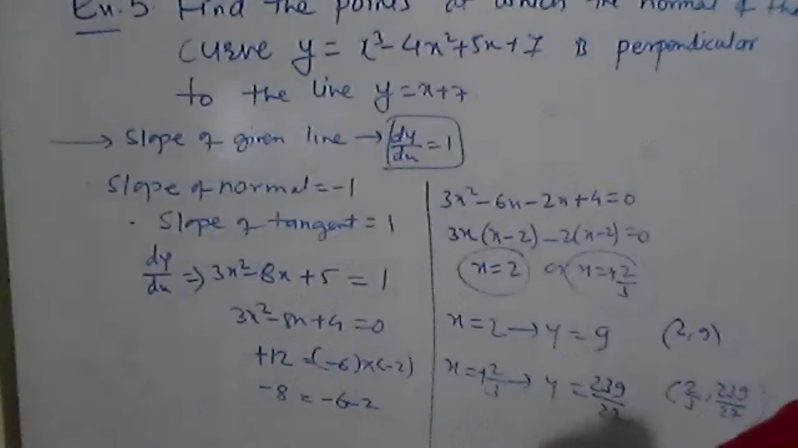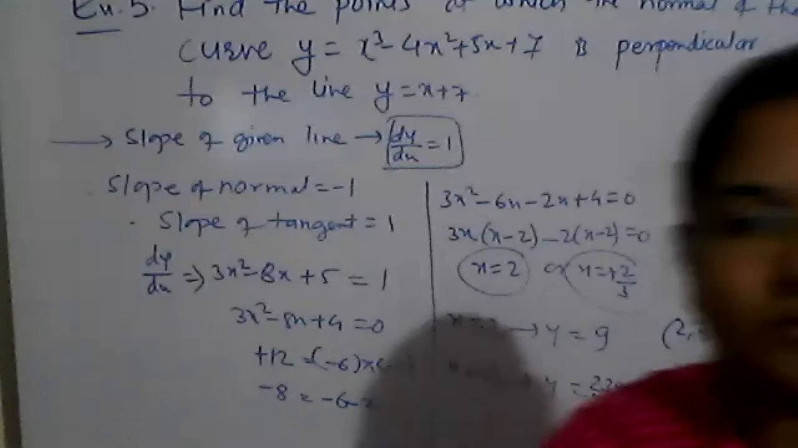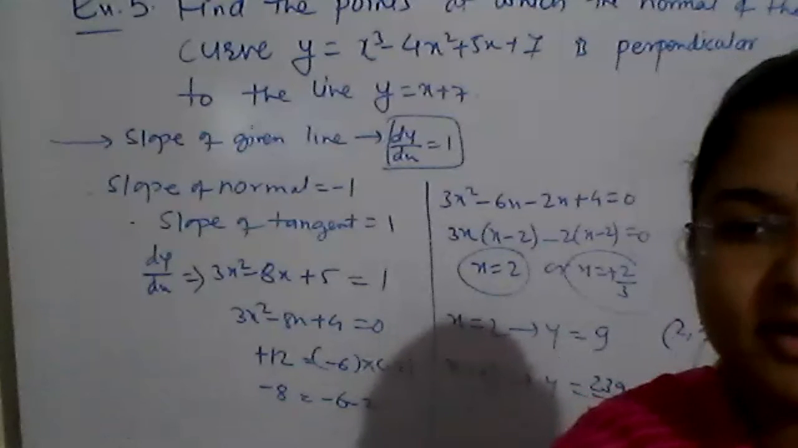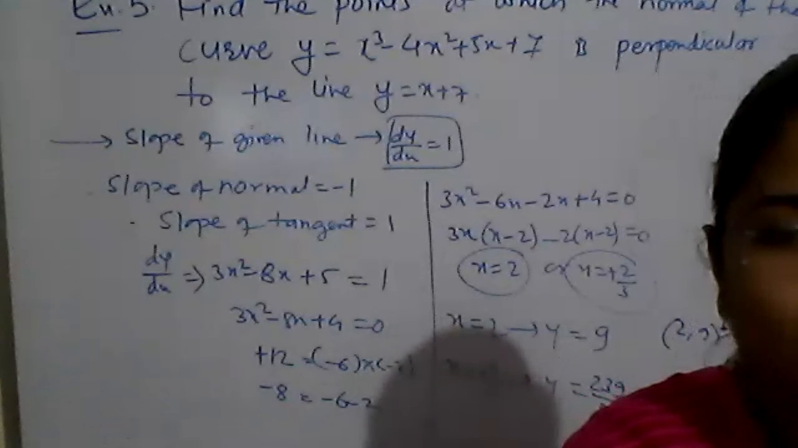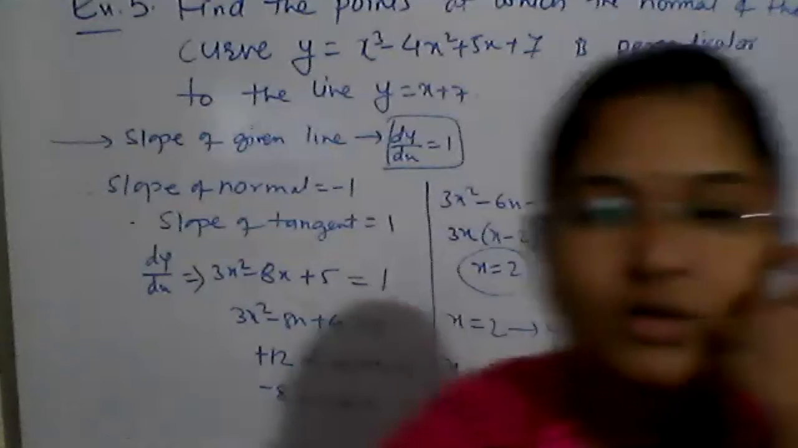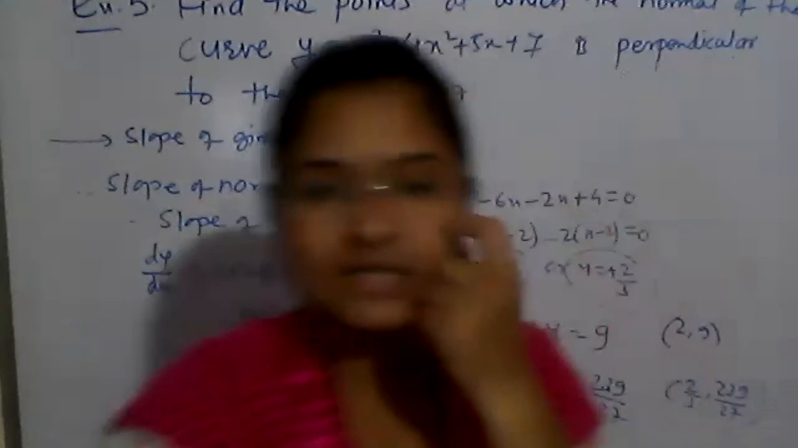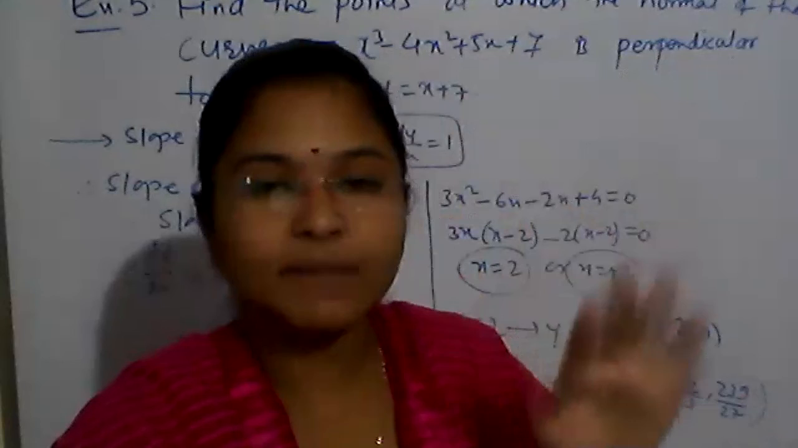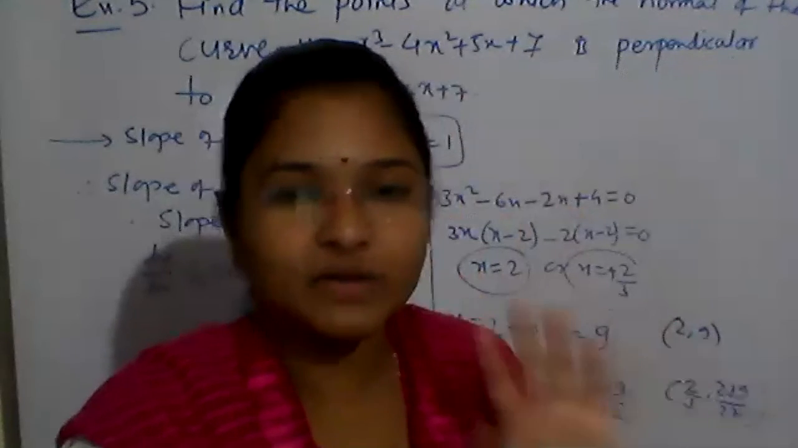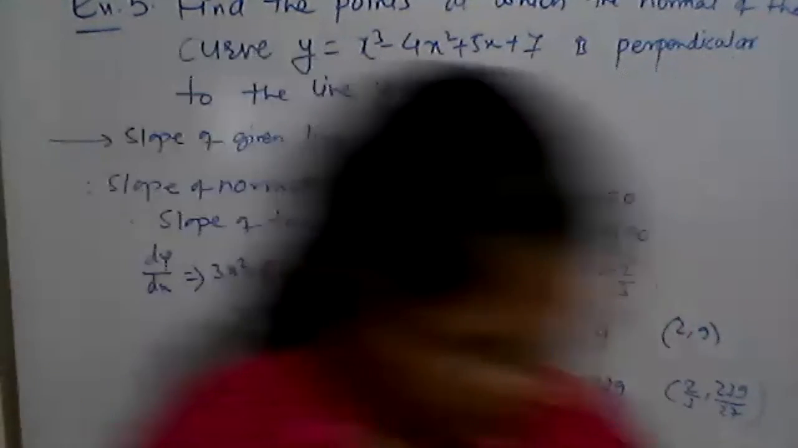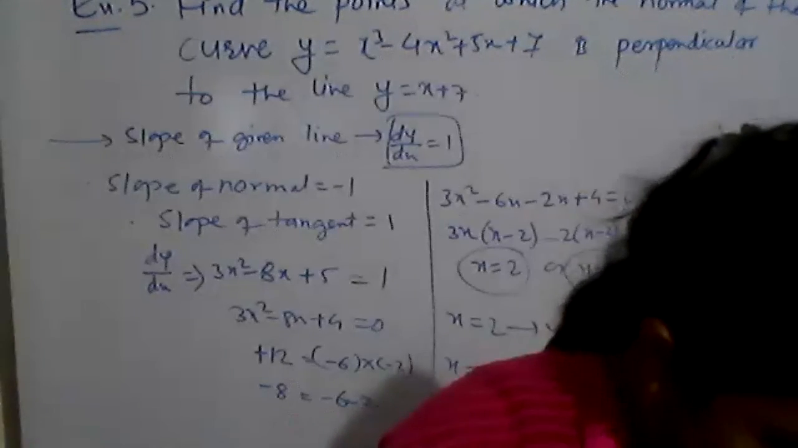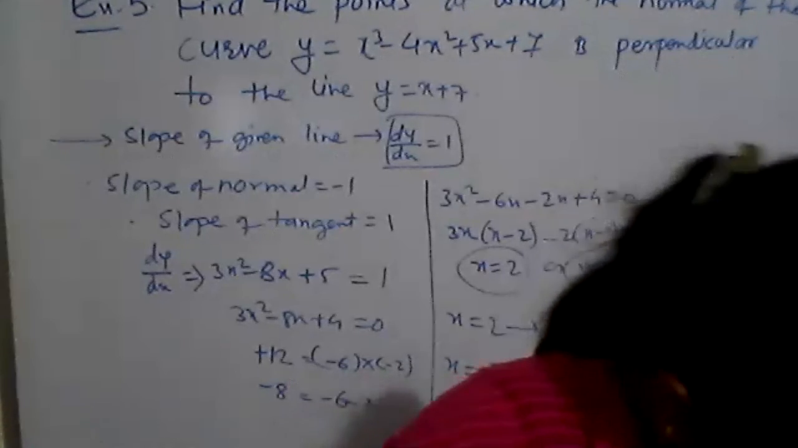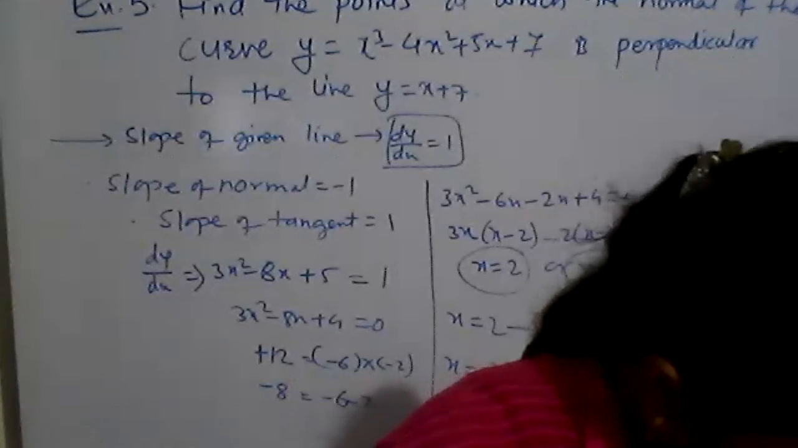Okay? So in this, all these 4 questions we have taken. 2 for normal and 2 for tangent. And the tangents and normals were parallel as well as perpendicular to the given lines. Okay. So in all these questions we have covered the topic where